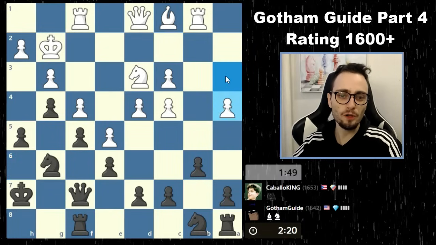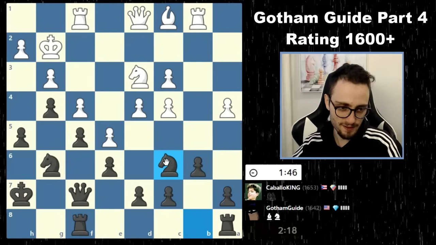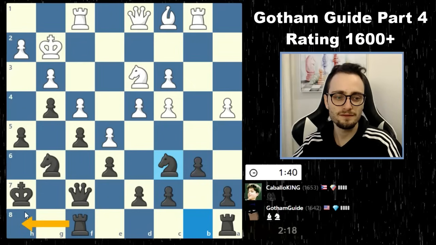His other problem is that all his pawns are on the wrong color square. Okay, knight c6, common idea. Try to go here. Oh, he's going to play bishop a3. But bishop a3 just helps me. If it helps anybody, it helps me. I'm going to go here. I want to attack on the h-file anyway, so...